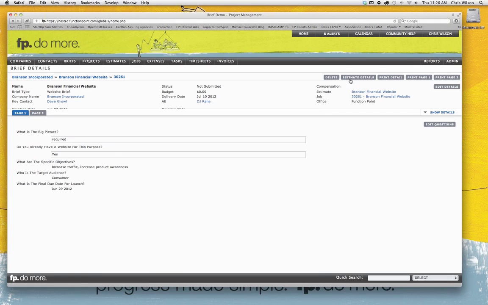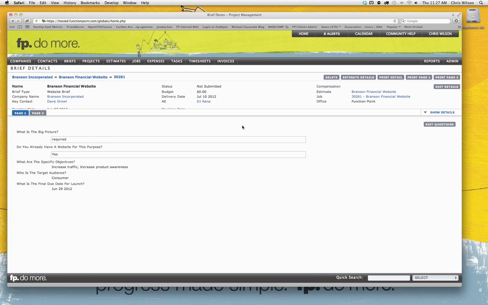Now, I've been talking about earlier how on our last example it said add an estimate. In this particular example, it has a link to the estimate, and it has a link back to the job. Again, selecting the job number is a slightly different link in that it takes you to the financial tab within the job detail page. So this is a great example of our two scenarios.